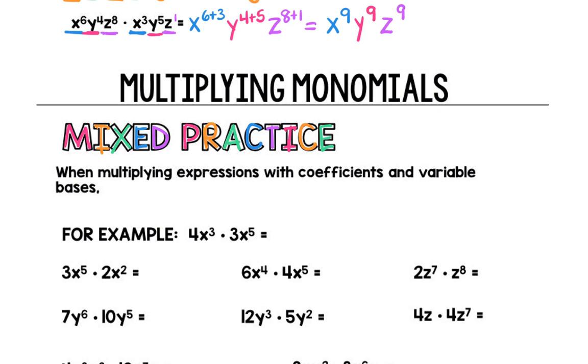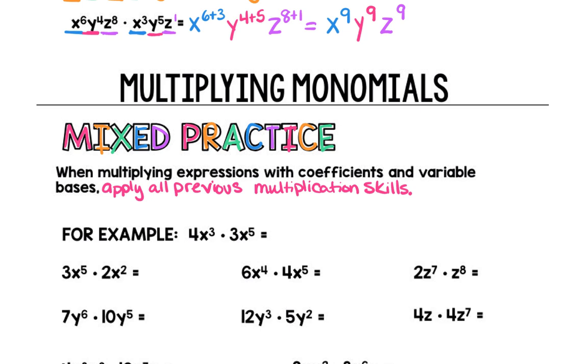Now we're ready to mix it all up. So when we multiply expressions with coefficients and variables, we are going to apply all previous multiplication skills. That means you're going to multiply coefficients by coefficients, and when the bases are the same, you're going to add